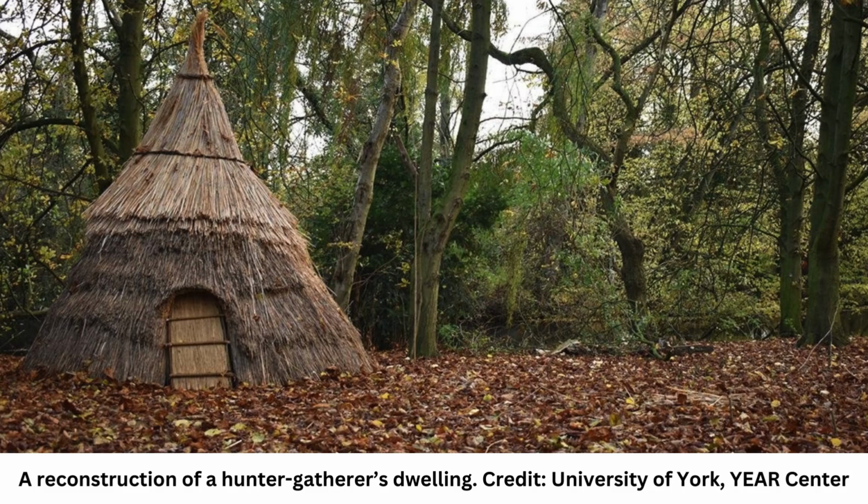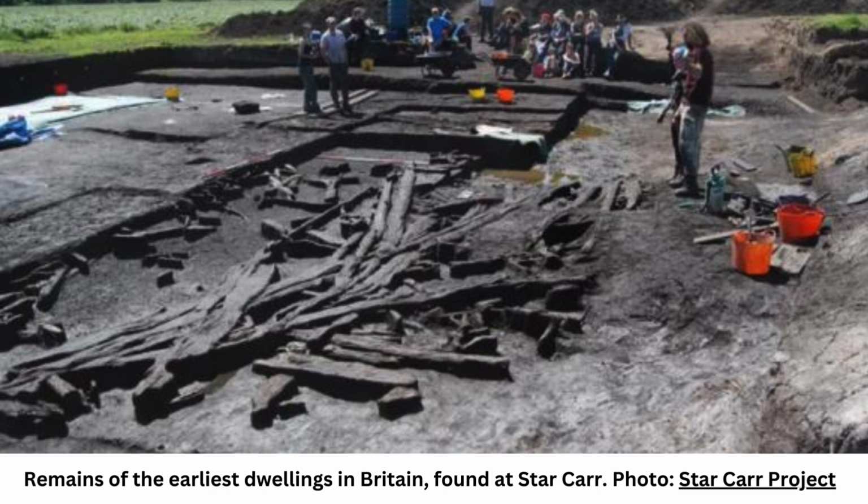distinct areas for different types of activity, so the messy activity involving butchery, for example, was done in what appears to be a designated space, and separate to the cleaner tasks such as crafting bone and wooden objects, tools or jewelry." This was surprising as hunter-gatherers are known for being very mobile, as they would have to travel out to